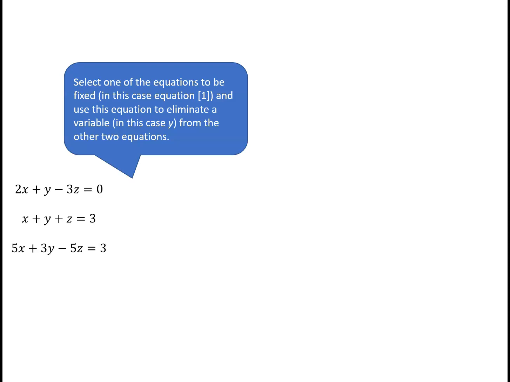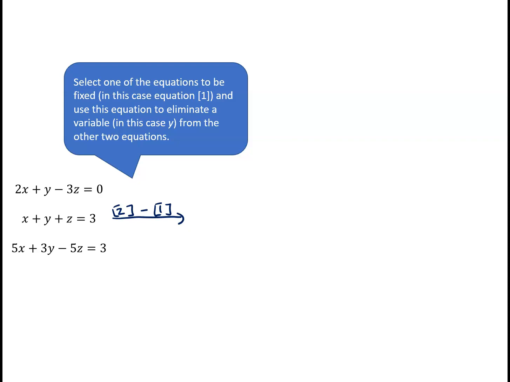Okay, so we're going to do our reduction to echelon form. And this time we're going to do it in order to eliminate y from each of the other two equations. So we'll keep equation 1 fixed, but we'll eliminate y from each of the other two equations because it's simply easier to eliminate y from the other two equations than it is to eliminate x or z from the other two equations. So to eliminate y from equation 2, I'm going to need to take equation 2 and subtract equation 1. So that is going to give me